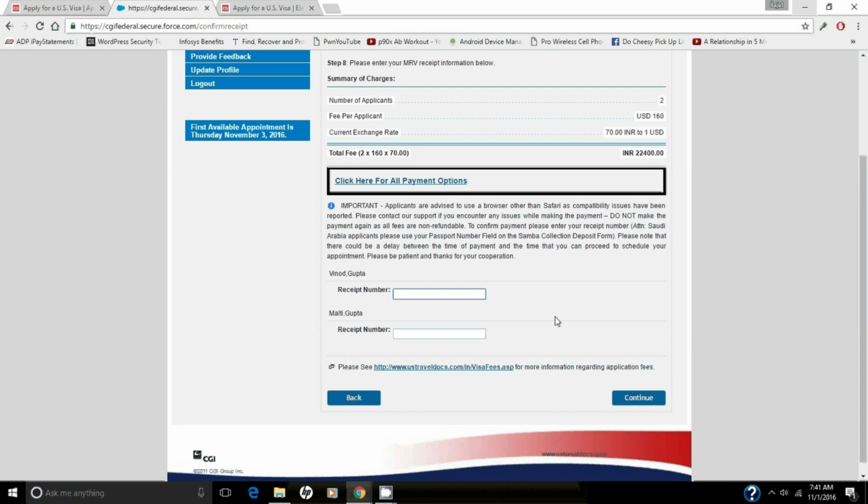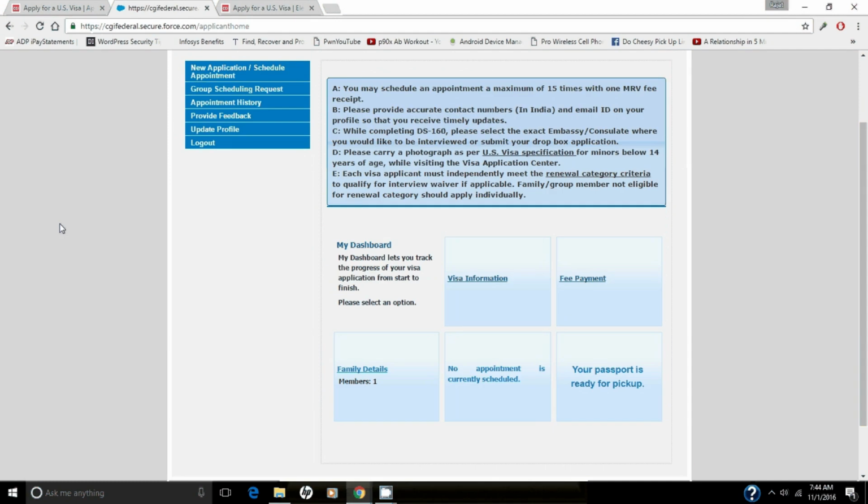Now, I'm not paying again for this video. I'm just going to pull up my original profile and show you the next steps. Okay, so this is the original profile with which I applied for my parents' visa. And as you can see, it says your passport is ready for pickup. They had an interview yesterday, and today the passport is ready to be picked up from our address in Delhi. But I checked, and since I've already taken the appointment and the MRV receipt number has been processed,